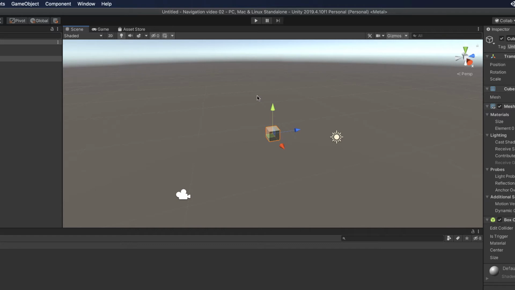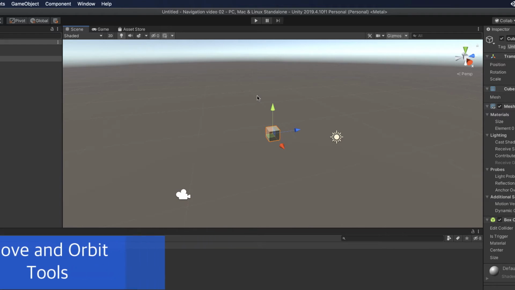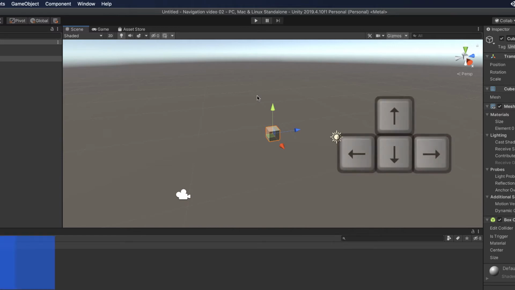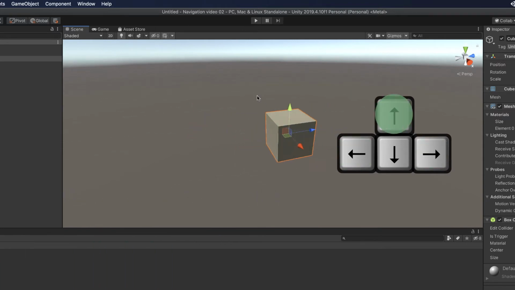So now let's move to navigating through the 3D scene environment. So now let's do the next, which is going to move around your 3D scene using different tools here in Unity. So for moving, the first thing you can do is using your normal keyboard arrows. So if you press your right arrow, you're going to move to the right. The left, you are going to move to the left. And if you press the arrows up and down, you're going to zoom in and zoom out in the 3D environment,